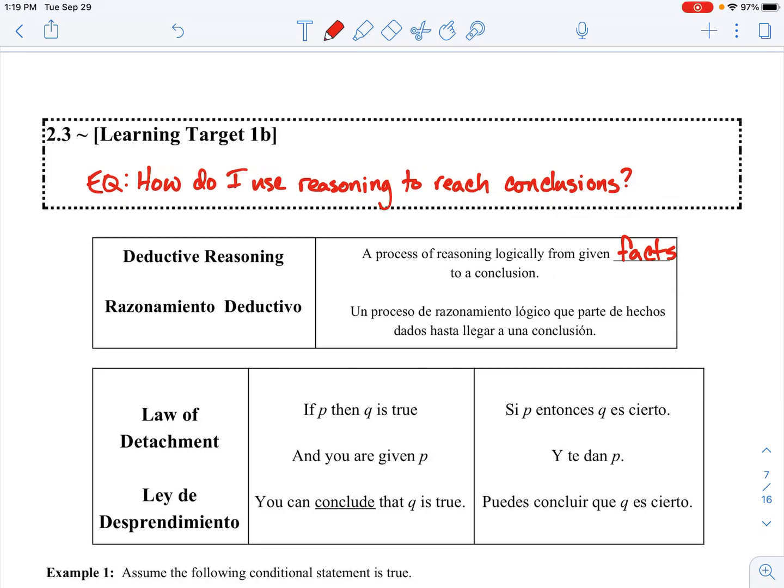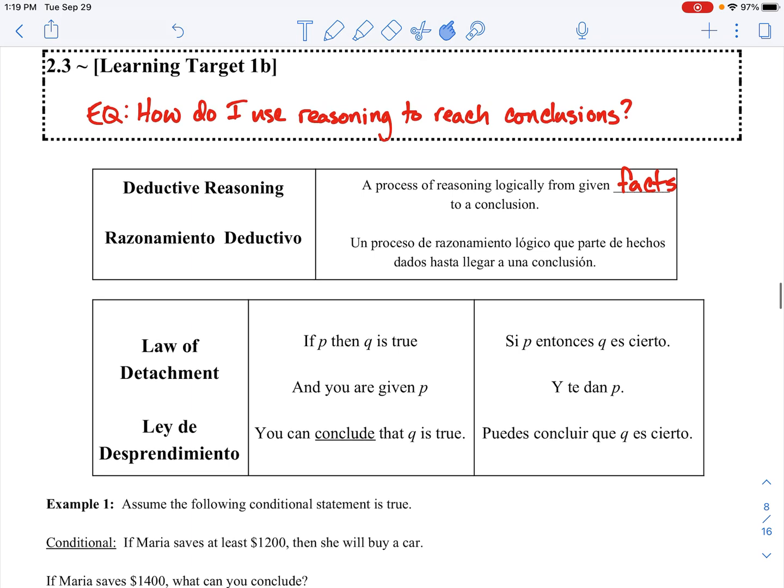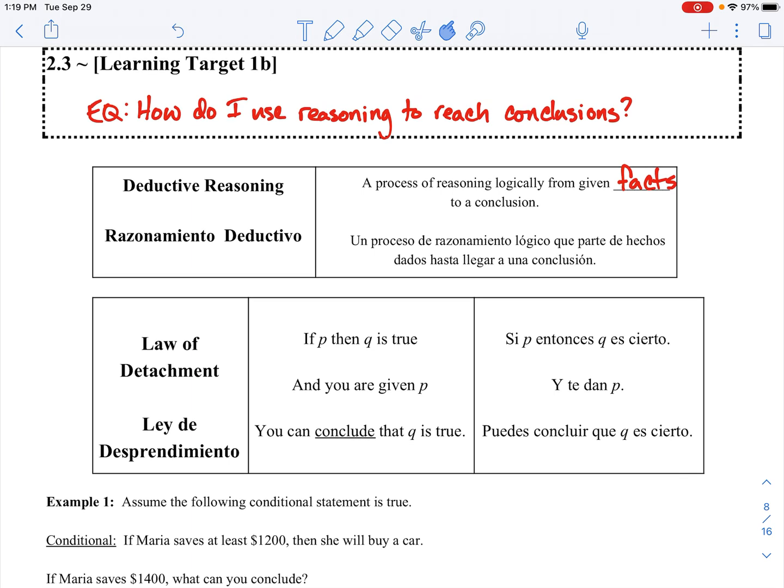These are the video notes for section 2.3. Our essential question is, how do I use reasoning to reach conclusions? So we start with the idea of deductive reasoning, which is a process of reasoning logically from given facts to